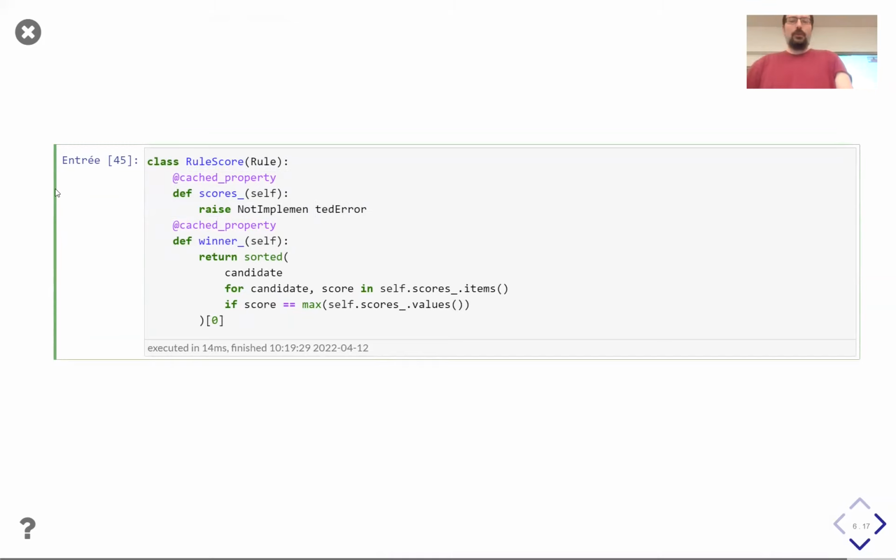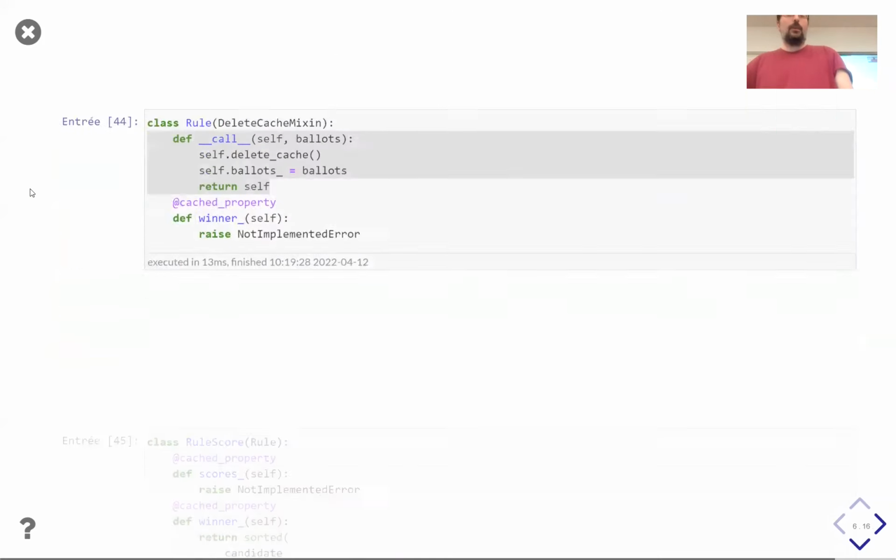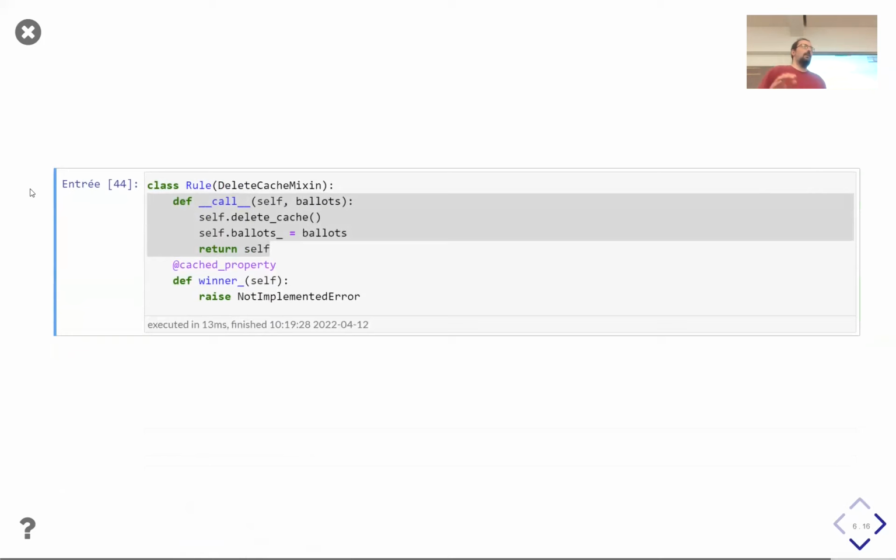And in fact, another solution, and I come back to what Fabien said, would be to say my class is not for a rule. My class is for an election. In the init, I give the parameters and the ballots, and my object is immutable. Each time you want to do an election, you create a new object.